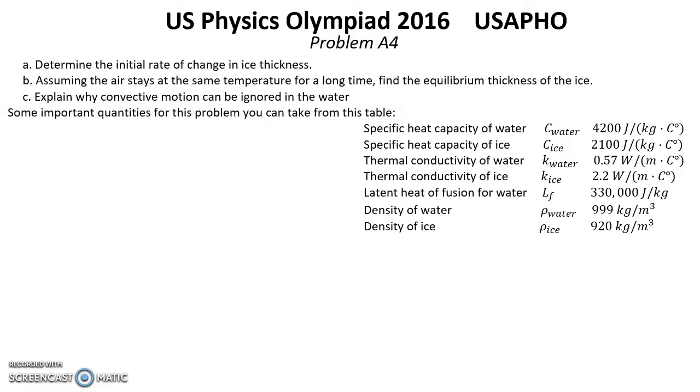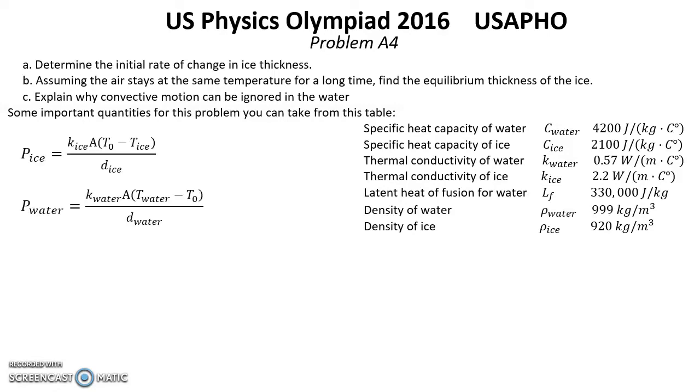Question B. Assuming the air stays at the same temperature for a long time, find the equilibrium thickness of the ice. Solution for question B. Here we can use again the same expressions for P ice and P water, but now they are in equilibrium, so they must be equal to each other. But now we have to find what is the thickness of ice and what is the thickness of water. They are different,